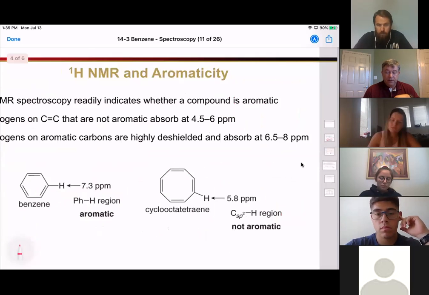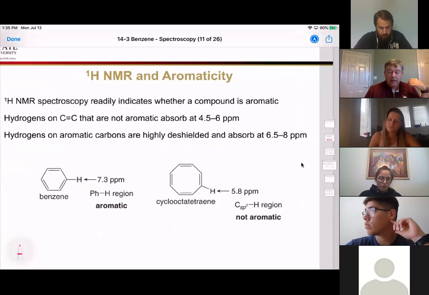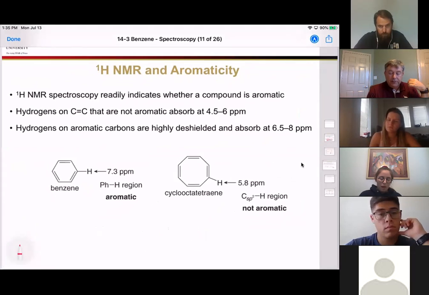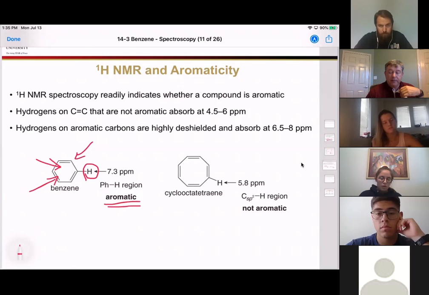Okay, so let's talk about proton NMR a little bit. Again, in proton NMR, the hydrogens on the ring will show up shifted downfield to approximately between 6.5 and 8 ppm because of the electron-rich ring. Now, the aromaticity here drives that shift. Notice just in our